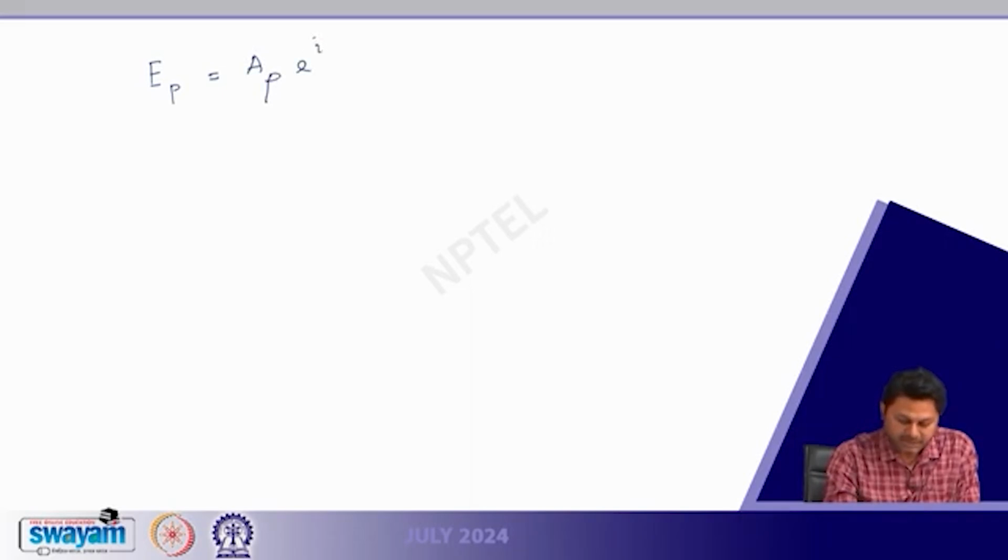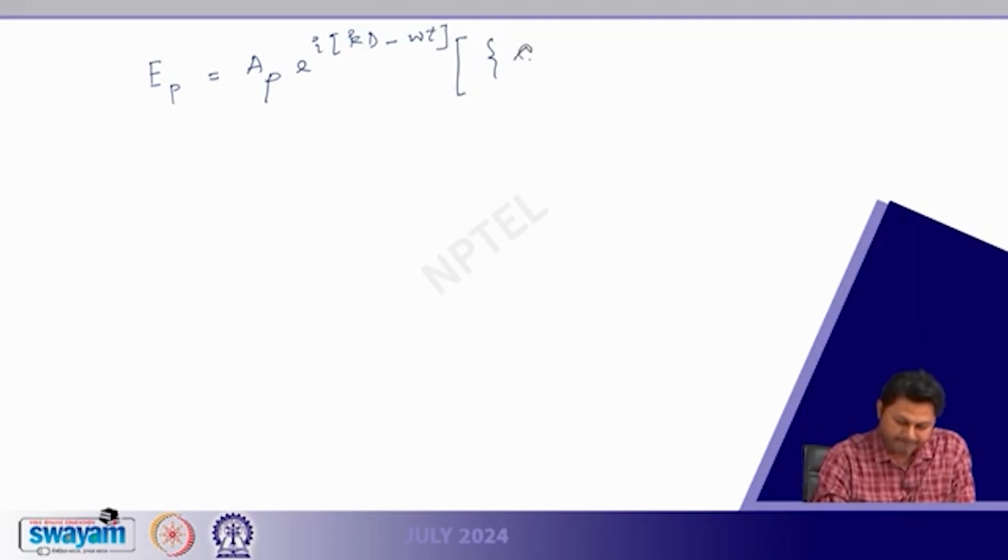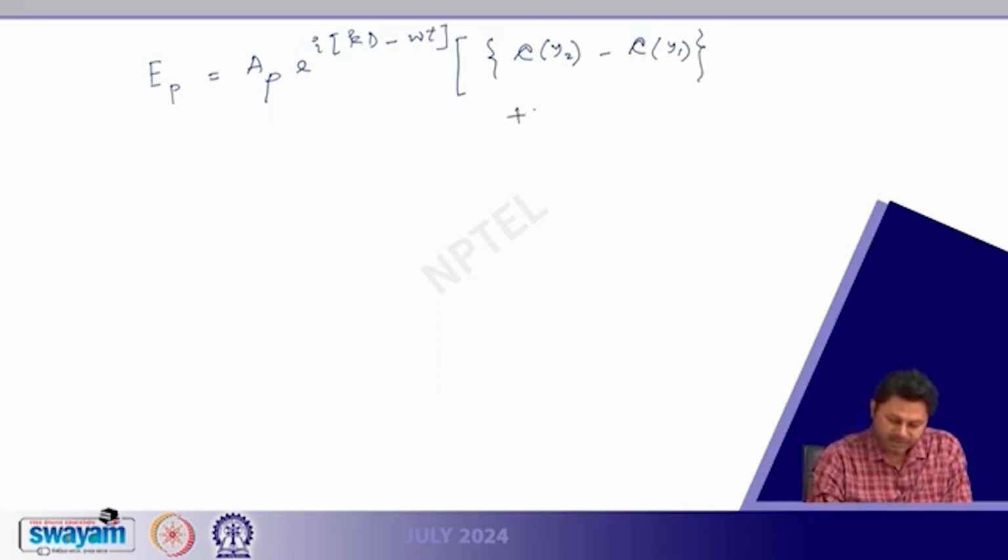e to the power of i (kd minus omega t), and then we have C of y2 minus C of y1 plus i times S of y2 minus S of y1. So, if that is the field,